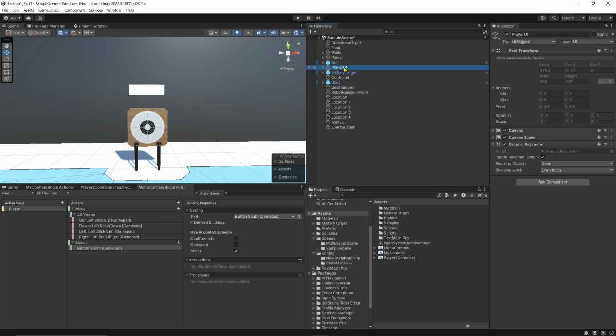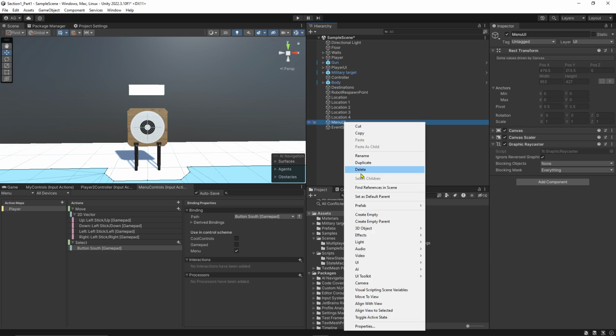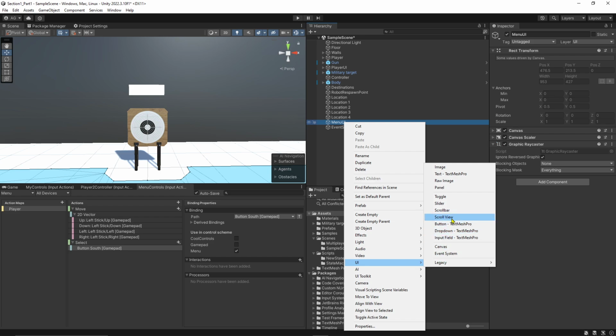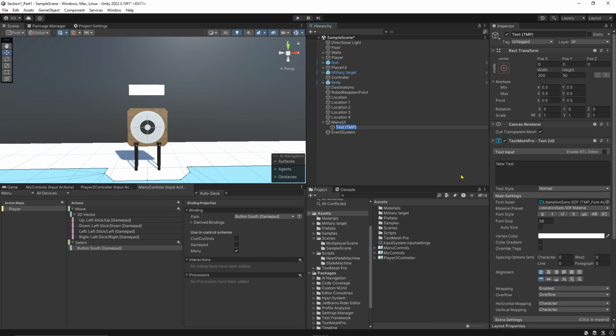And then I changed earlier the other canvas, and I changed it to player UI just so I could track the two. So if yours still says just canvas, go ahead and change that to player UI, just once again for easy tracking. Into our menu UI, we're going to add a Text Mesh Pro, and we're going to call this